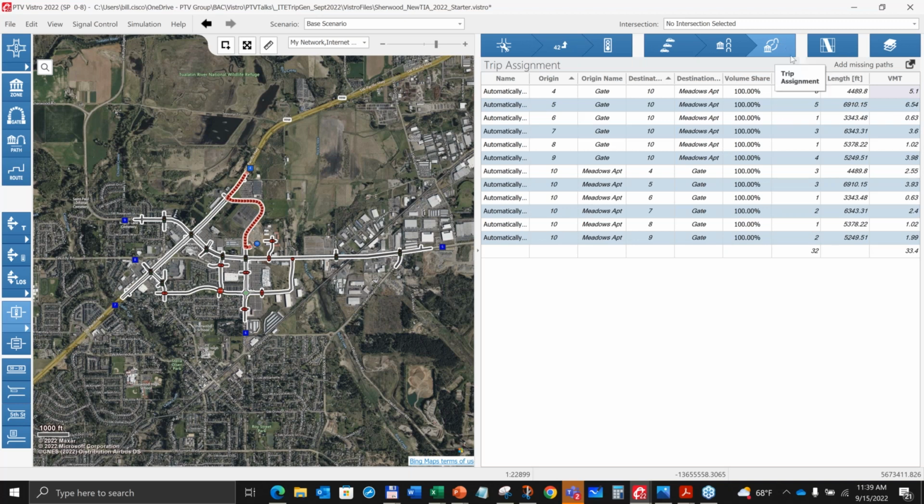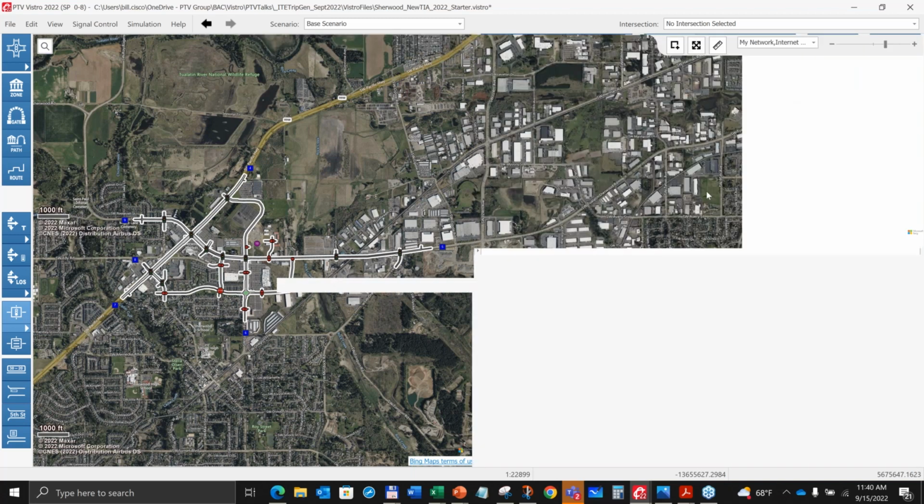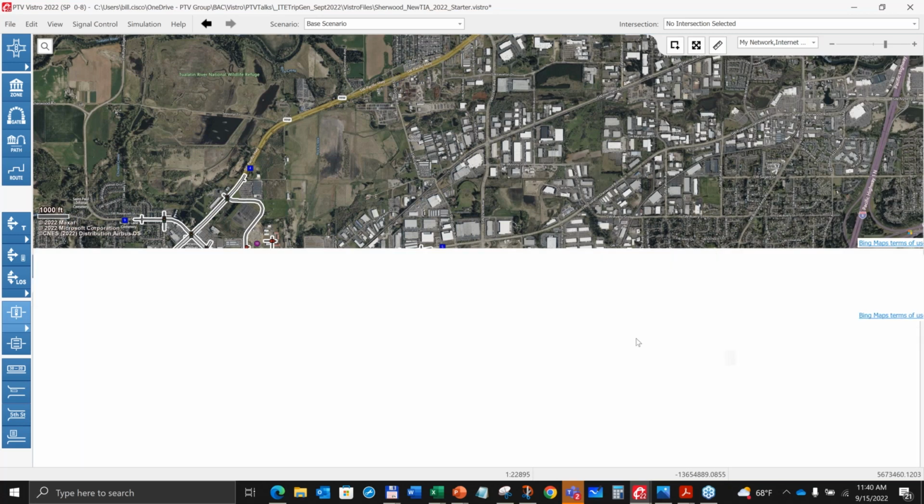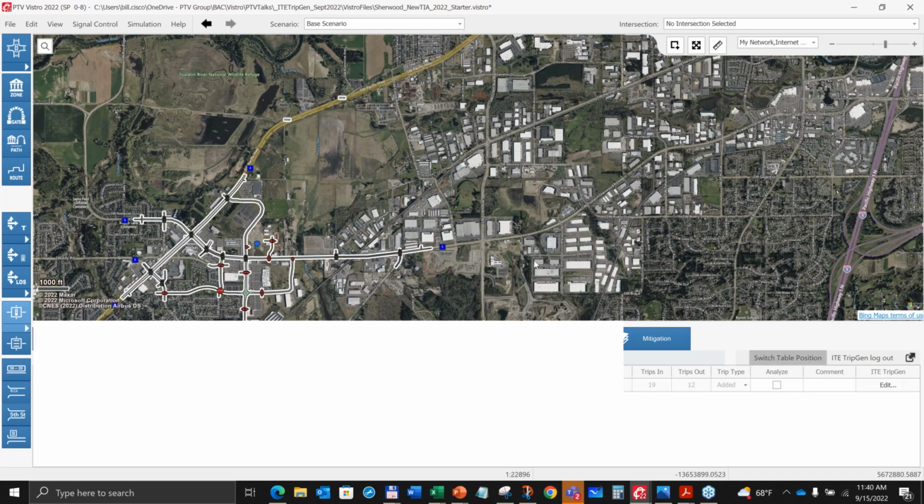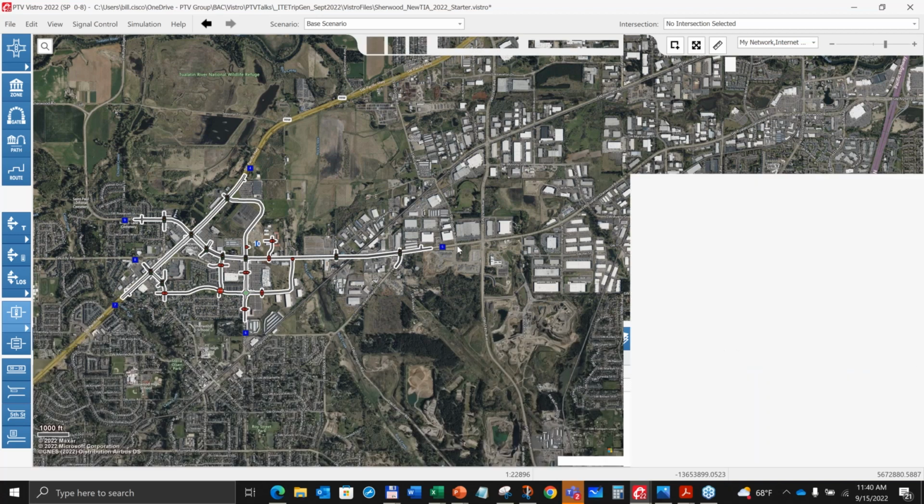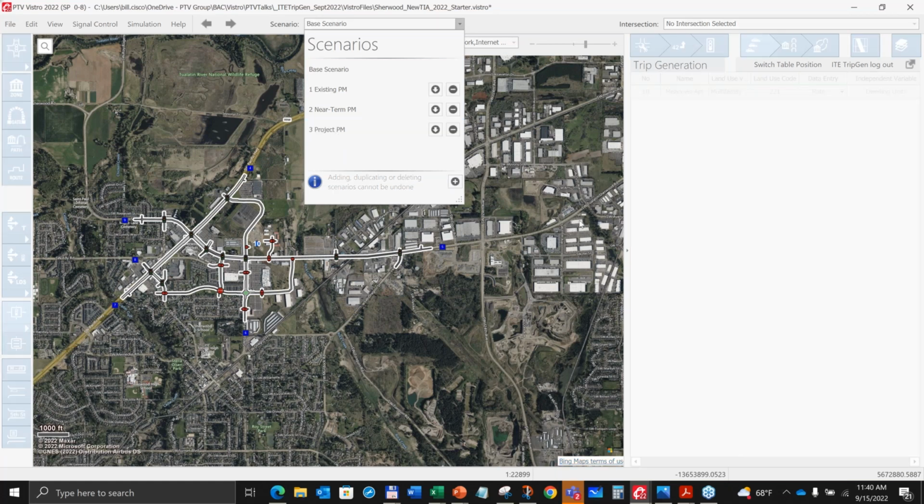So anyway, now we've basically entered in our trip information, and I'm still in the base scenario. One last thing that I'm going to want to do, and I know this sounds a little hokey right now, but believe me, it'll help you, is uncheck the analyze button, and that makes sure it doesn't end up putting those trips in under my existing PM or my near-term PM. Then I just come back to my project scenario and click that project scenario. Once it thinks about that